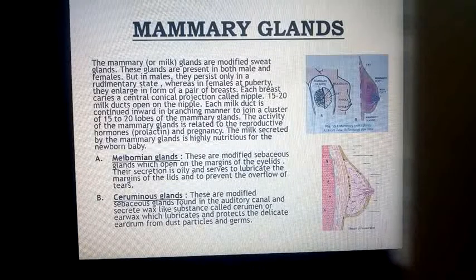Each milk duct is continued inwards in a branching manner like a grape bunch. Got it? To join a cluster of 15 to 20 lobes of the mammary glands. The activity of the mammary glands is related to the reproductive hormones, prolactin and pregnancy. The milk secreted by the mammary gland is highly nutritious for the newborn baby. Got it? There are another two glands which you are going to learn now, called meibomian glands